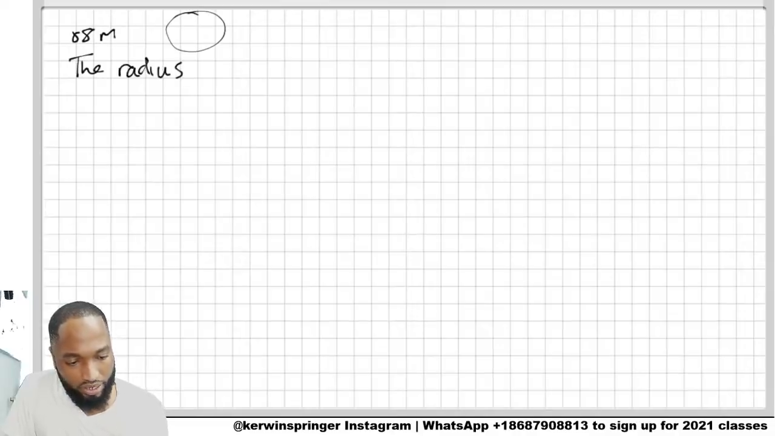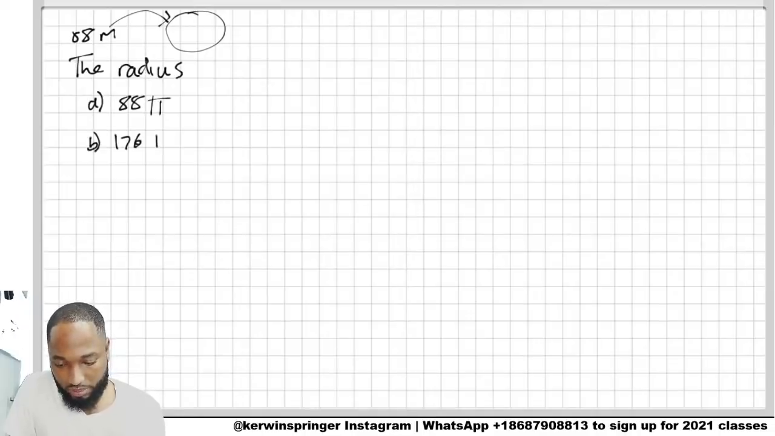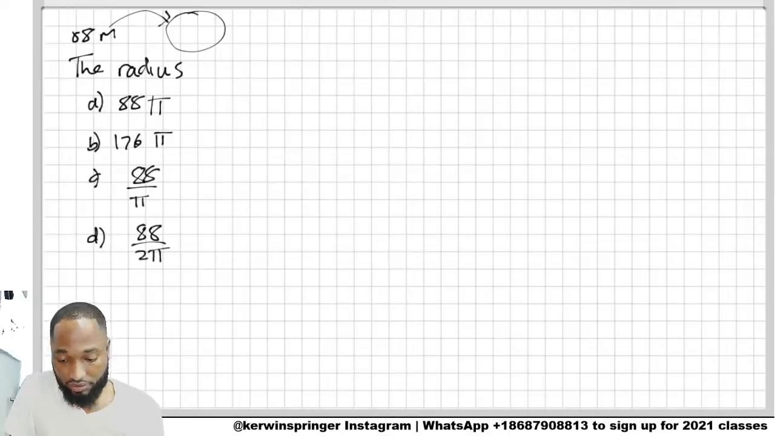So you have a circular pond and the circumference is 88 meters. So the radius is 88 pi, or is it 176 pi, or is it 88 on pi, or is it 88 on 2 pi? Free up yourself there as you go and get the next question from